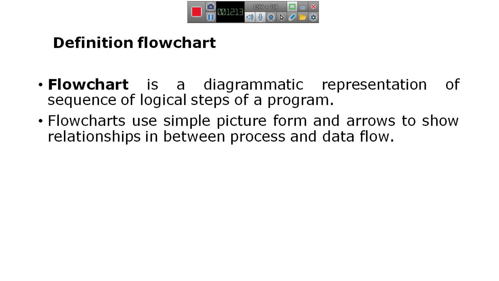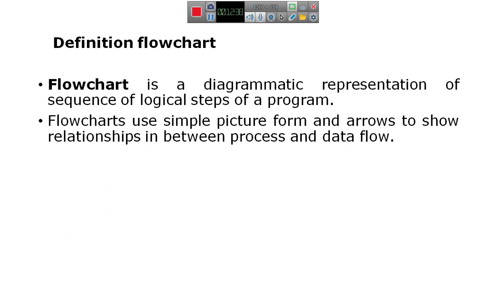For this purpose there are some symbols that differ from one process to another. By using those symbols, we write flowcharts.